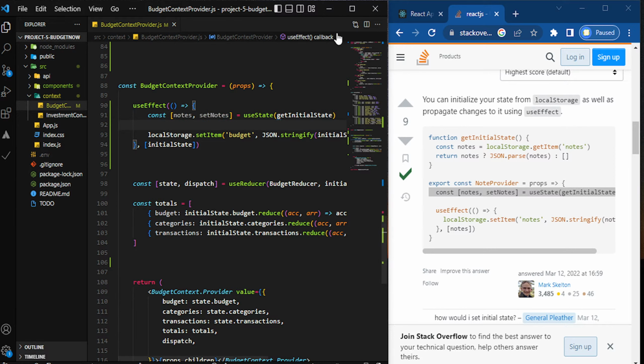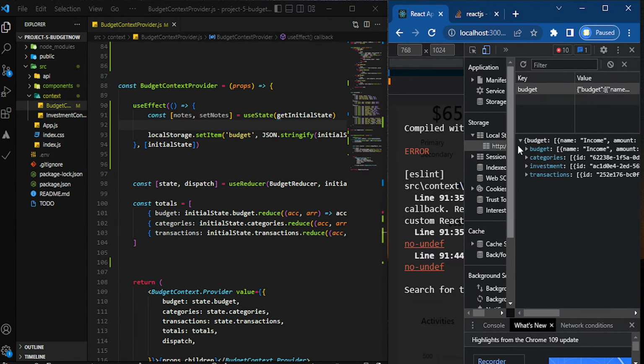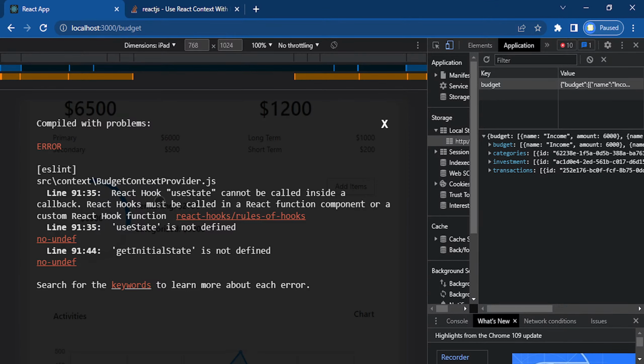So would I not be able to do that? It says React hook cannot be called inside a callback. React hook must be called in a React function component or a